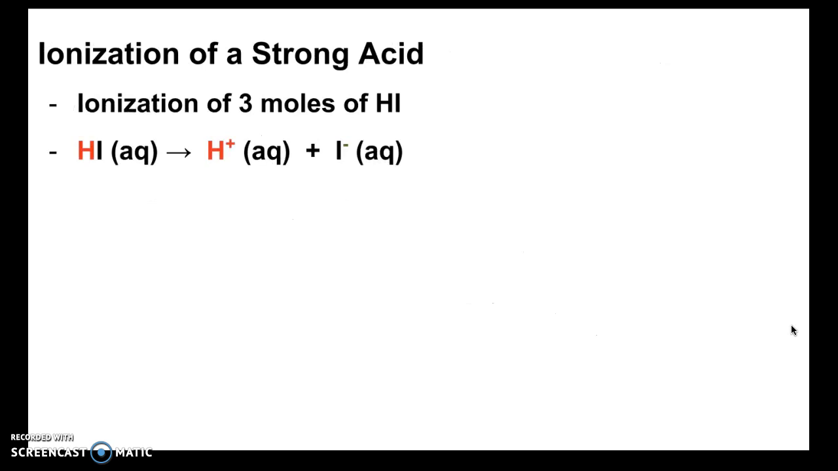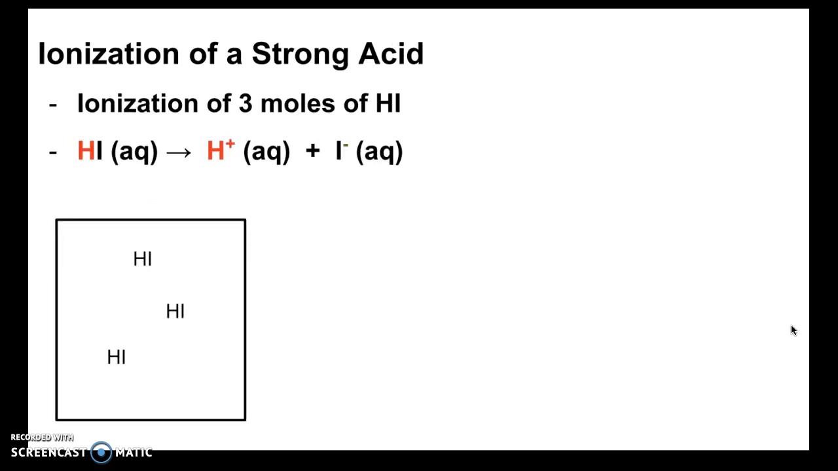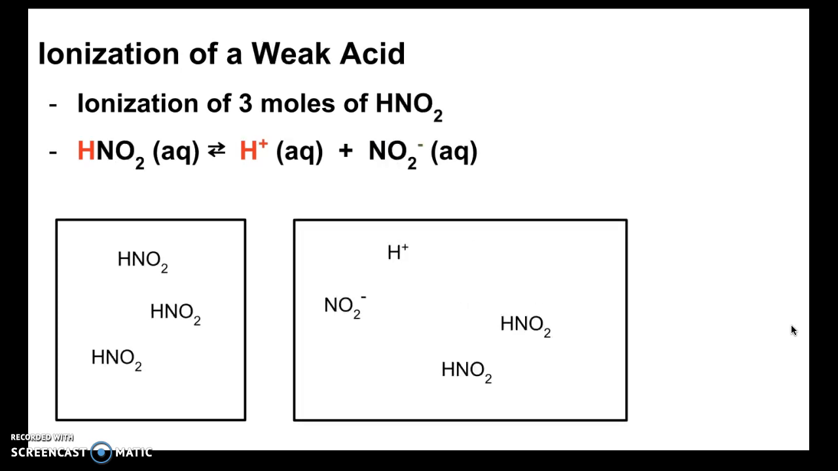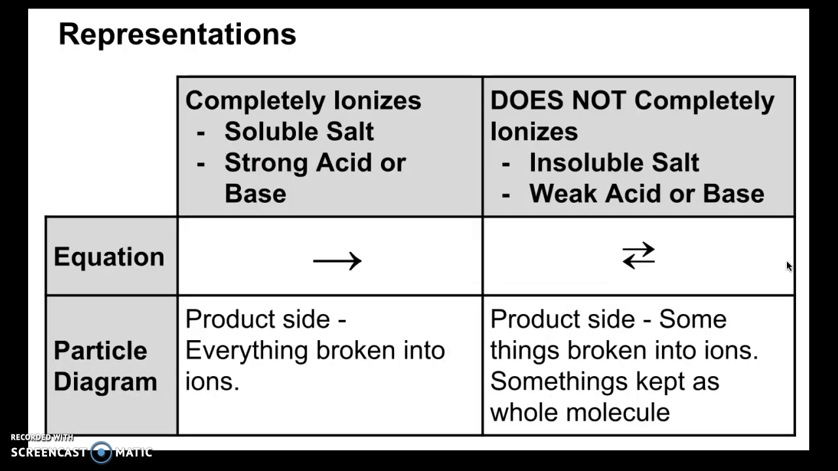For strong acids, which are completely soluble, again, if we had 3 moles of a strong acid like HI, we can break it apart into its ions. And for a weak acid like nitrous acid, if we have 3 moles of it, I chose to break only 1 of it down into ions and the other 2 are kept as whole molecules. Because this is an acid, we are not using that solid line to indicate a big clump of solid, unlike maybe for the hydroxide bases. Okay, so